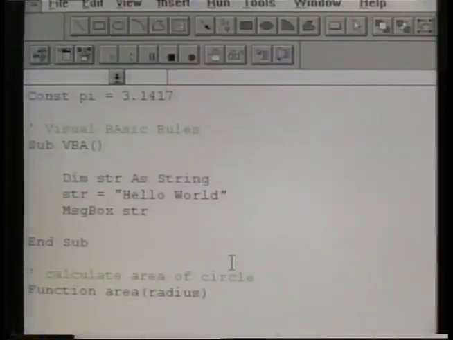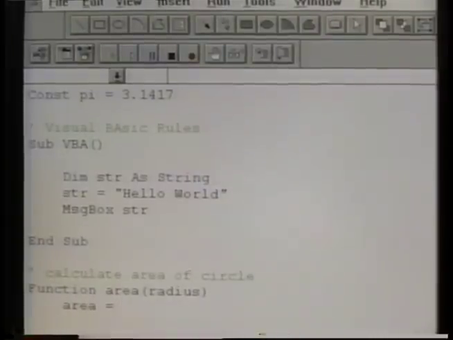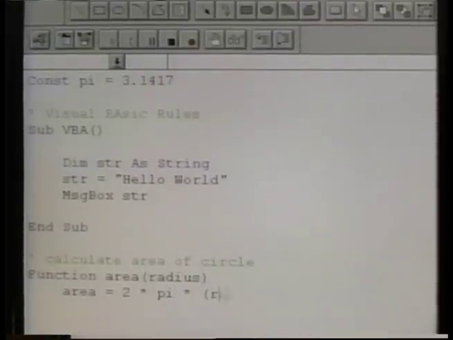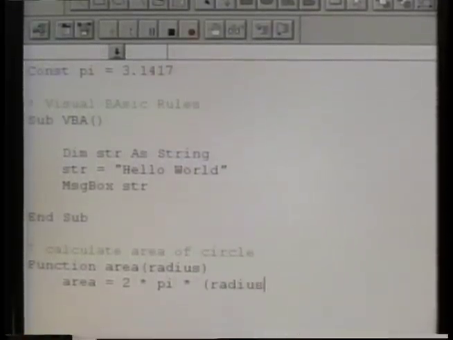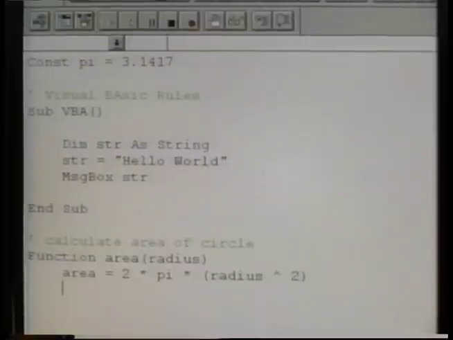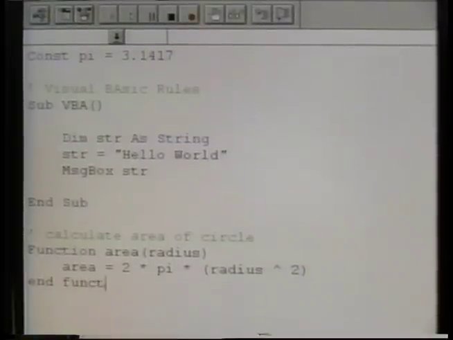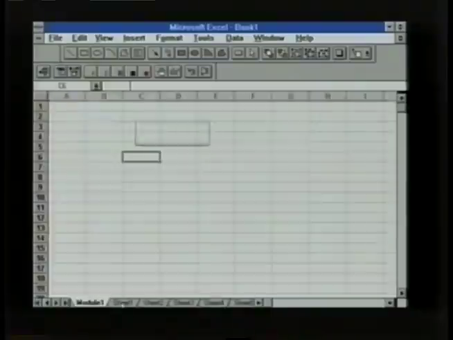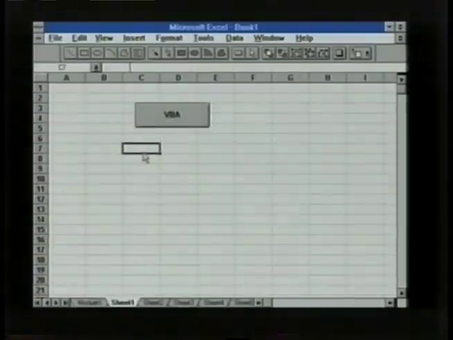And now return back to our function. And to complete it, we simply assign the area equal to the value of 2 times pi times the radius squared. Then end our function. Now if we return back to Sheet 1 and simply add some data into our spreadsheet